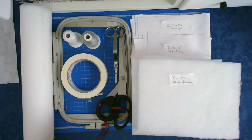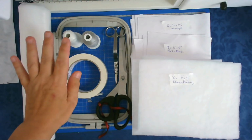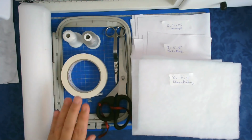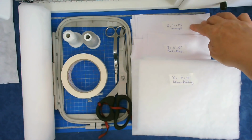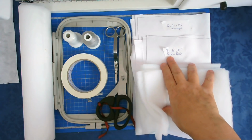Show you how to stitch out the one fabric version of the Crazy Patch stocking. For this I've got some cutaway stabiliser, some silver and white thread, masking tape, my scissors, my 5x7 hoop. I'm using a fabric called Scuba, which is a 4-way stretch knit, and I've got 2 pieces at 11x15 for the lining. I've got 8 pieces because I'm doing the front and the back for this